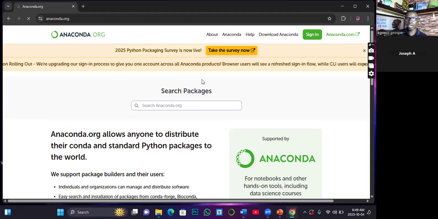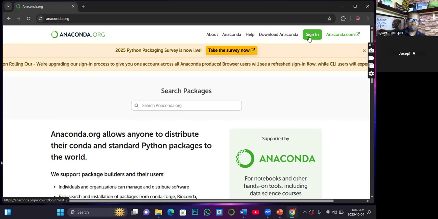From here, you are supposed to sign in, if you want to install it based on cloud, because the one I'm going to use is the offline one, where I download the package and install it on my personal PC. But if you don't want to run it directly from your PC, you can install it in the cloud.